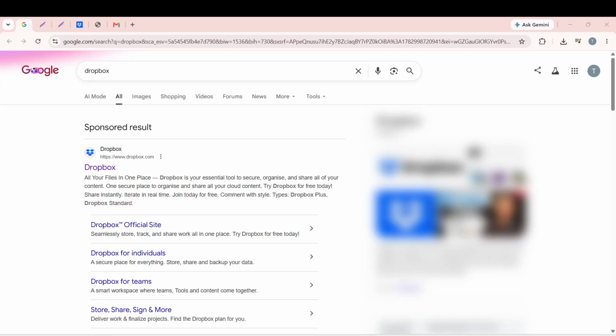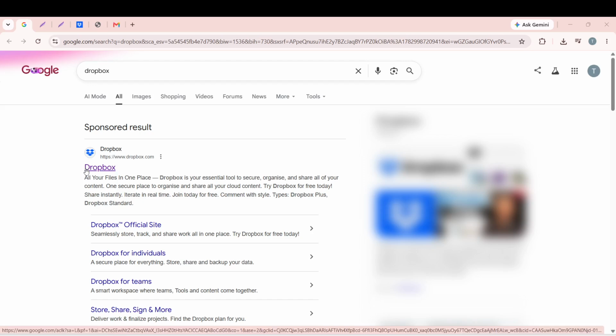In today's video, I'm going to teach you how to upload a large file to Dropbox. First, you will want to launch Dropbox on your device. If you are using a desktop, this means opening the Dropbox application from your computer. You can find the Dropbox icon usually located on your taskbar or in the Applications folder. For mobile users, simply tap the Dropbox app on your device's home screen.